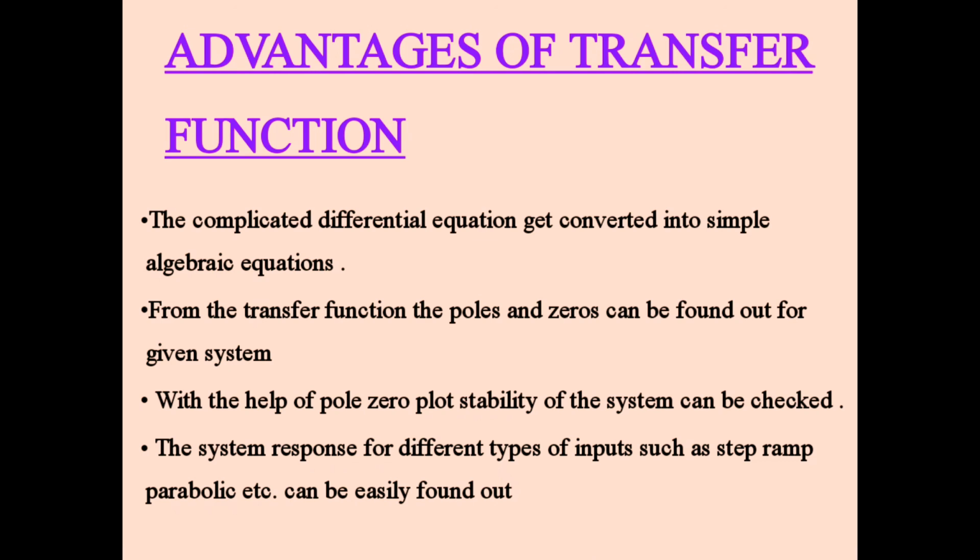Now this is a very important point: only a transfer function works to give an output in the form of poles and zeros. These poles and zeros ultimately define the stability of the system, that is, the position of poles and zeros from the origin will ultimately define the stability, whether it increases or decreases. So it is mainly helpful for defining the stability of the system.